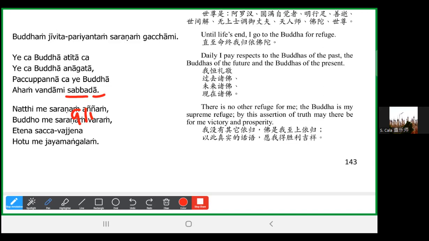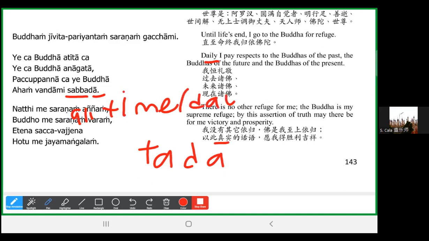Okay. Hui Ling? Da means time. Very easy. All time. So in Pali easy, later you will learn tada, at that time. So sabbada means all the time. All the time means daily, means day by day, all right? All day, okay? In this sense, it's talking about day. Day by day, daily, I pay respect, right?